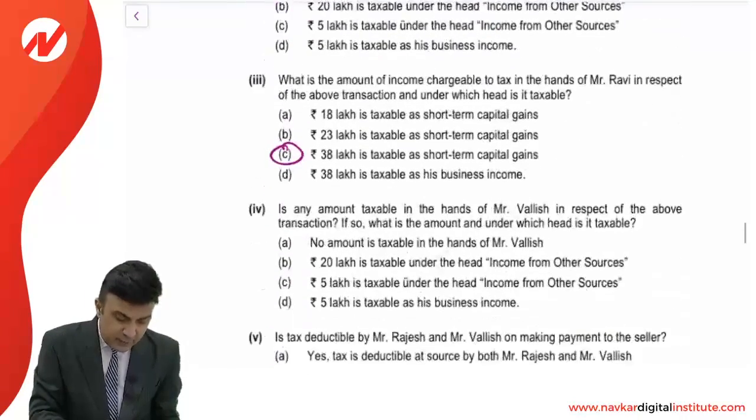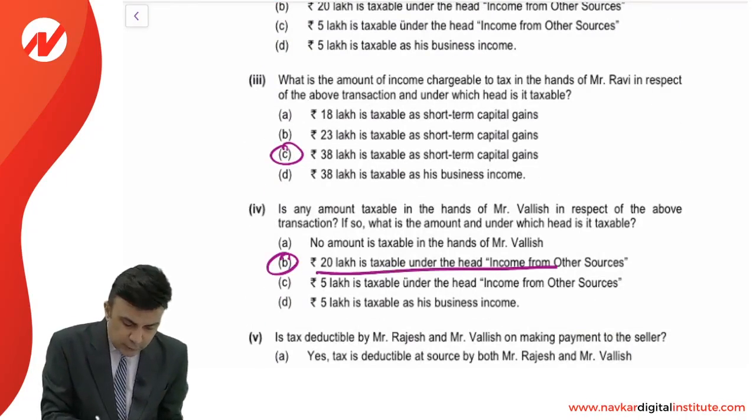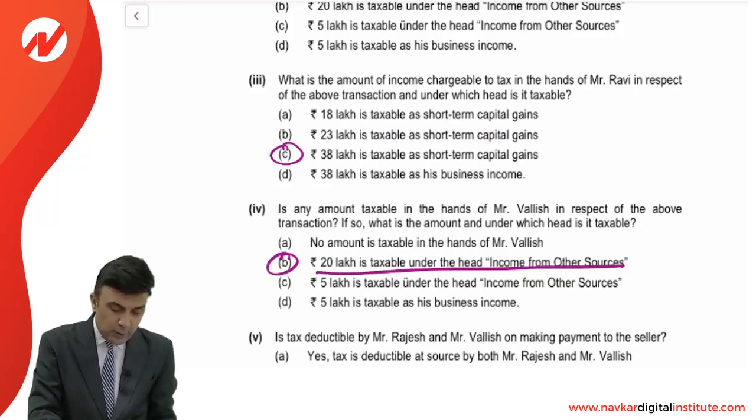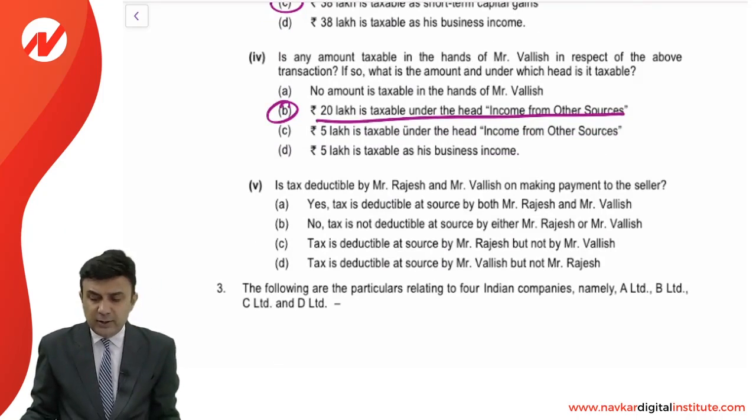Friends, same way, is the amount taxable in the hands of Valis in respect of the above transaction? If so, which amount will be taxable? Can we say Valis will be taxable for the gift, 20 lakh, under the head income from other sources. And now, important: is tax deductible by Rajesh and Valis on making payment to the seller? Friends, whether TDS is required to be made under